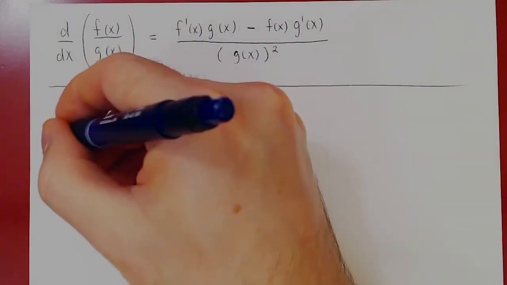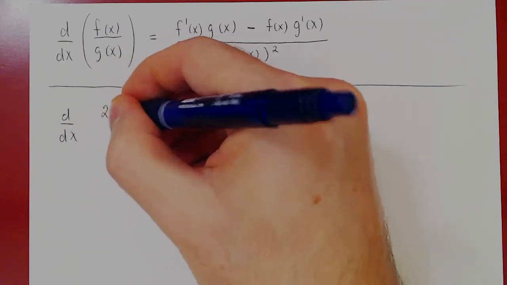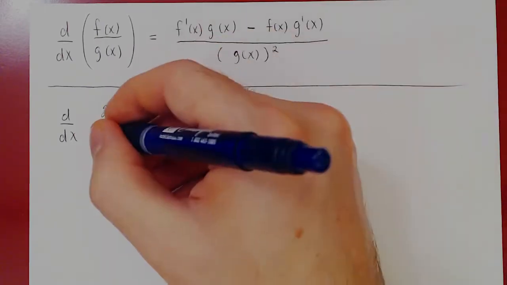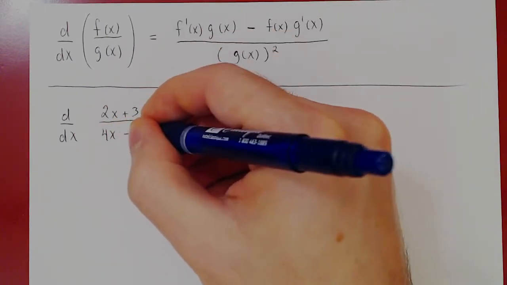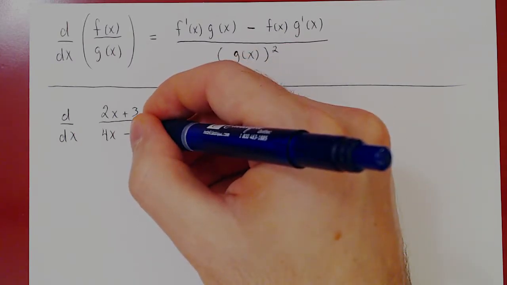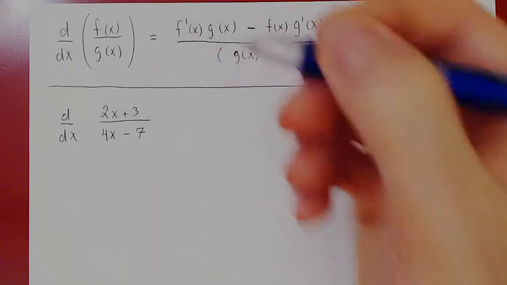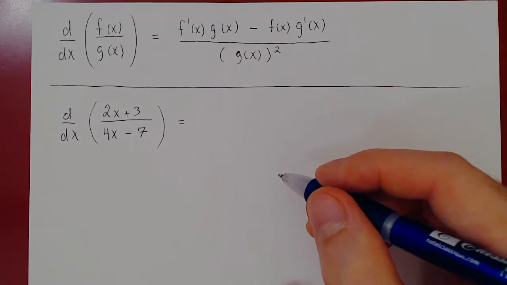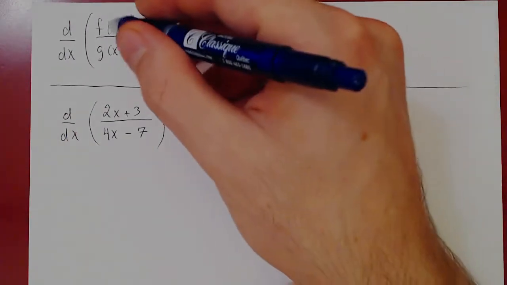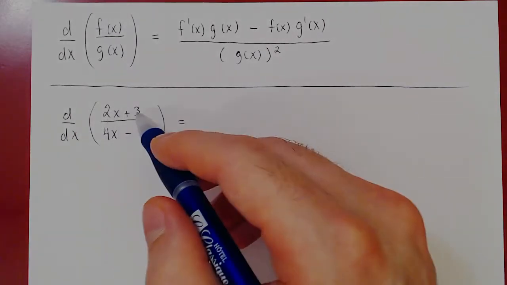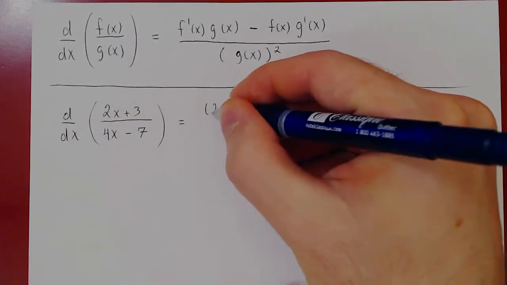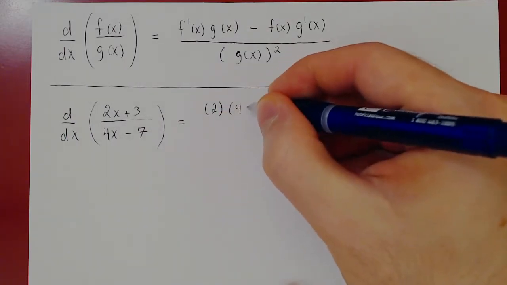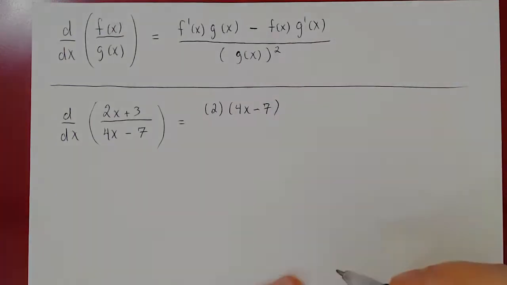If we look at the derivative of, say, 2x plus 3 over 4x minus 7, then we can apply the quotient rule. We have a quotient. So the quotient rule says the first term is the derivative of the numerator. The derivative of 2x plus 3 is simply 2 times the bottom of your fraction, 4x minus 7, minus